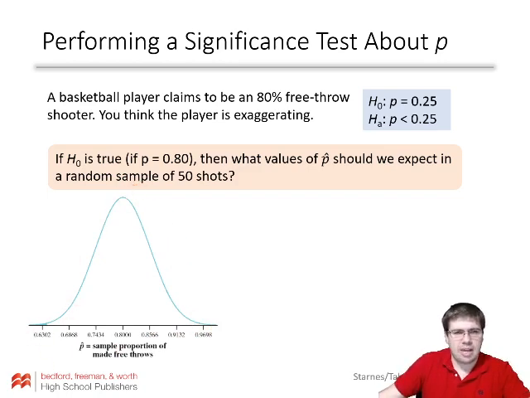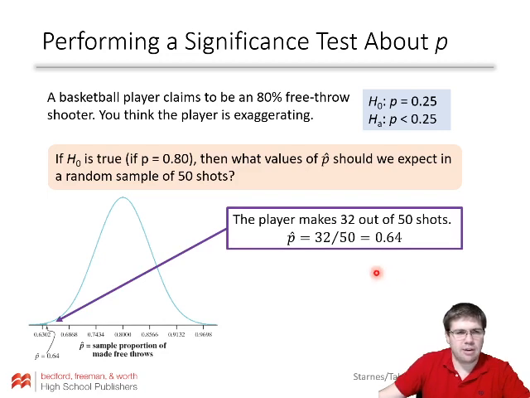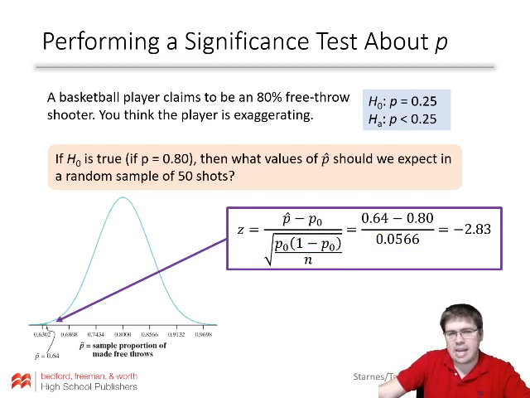Well, this person made in their sample 32 out of 50, or 0.64, which is way down here. And if you find the probability of getting something that or lower, and this is why we say you always got to go inequality, because it's a normal curve we're going to use. It's tiny, and so we want to figure out how to calculate that exactly. What I want you to focus on is, we could do this normal CDF in our calculator, but I want you to turn this into a z-score. This is something that they're going to look for. We're going to calculate a z-score